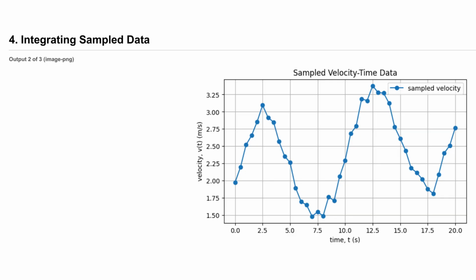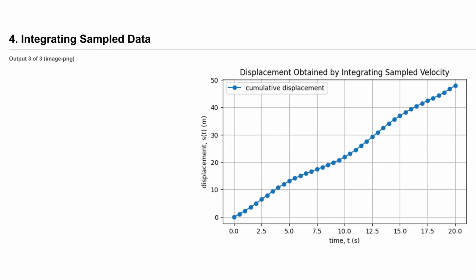Our first plot shows the sampled velocity data points connected by lines. Notice the fluctuations caused by the simulated noise we added. This represents the kind of messy data you would expect from an actual sensor or experiment. By integrating that noisy velocity data, we get this cumulative displacement curve. Even though the velocity was fluctuating, the integration process smooths those variations out, showing a steady overall increase in the